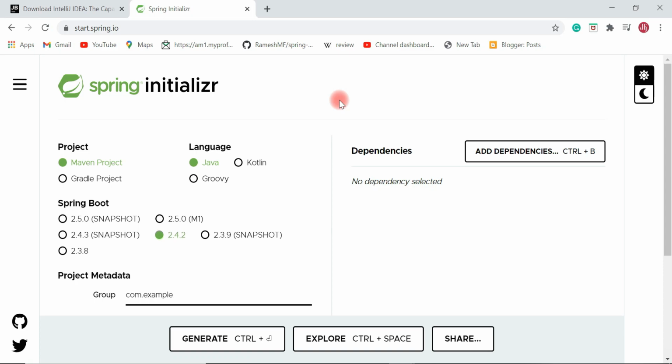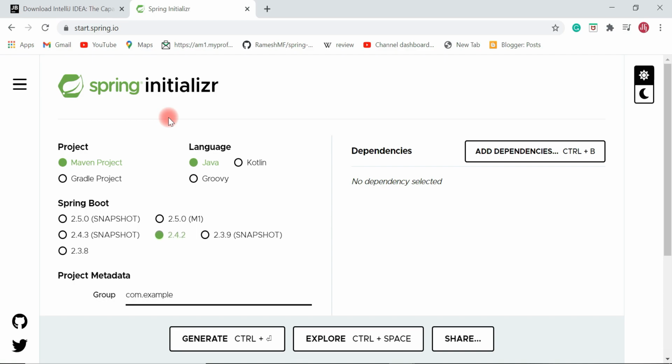Alright, so in this video I want to show you how to install a plugin in IntelliJ IDEA, that is Community Edition, which is free and open source, and with the help of the plugin we can create a Spring Boot project directly in IntelliJ IDEA. So we no need to go to the Spring Initializr, create a project, extract it and import it in IntelliJ IDEA. This is a kind of time consuming process, right? So instead of that, we'll install a plugin in IntelliJ IDEA, and with the help of the plugin we will create a Spring Boot project directly in IntelliJ IDEA.